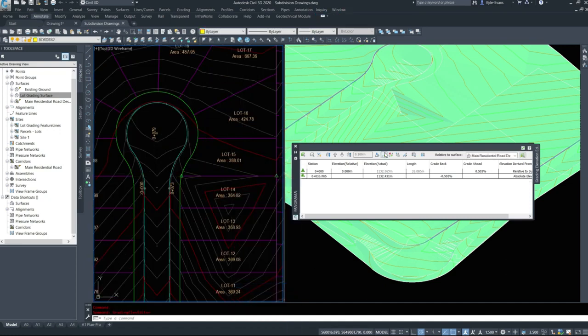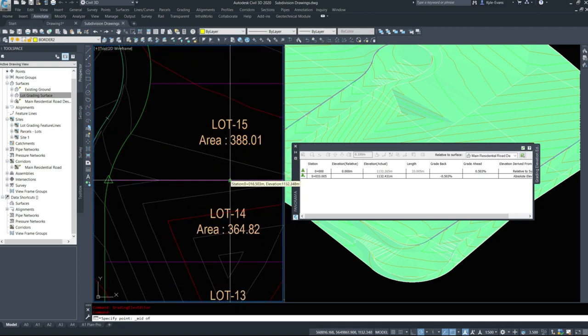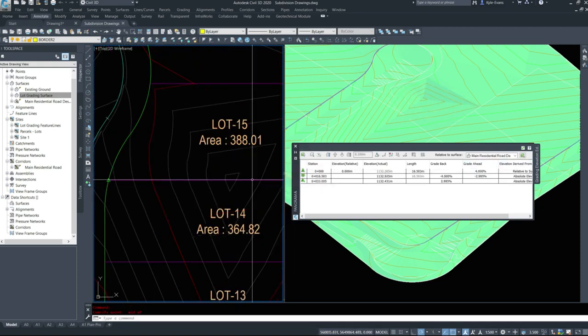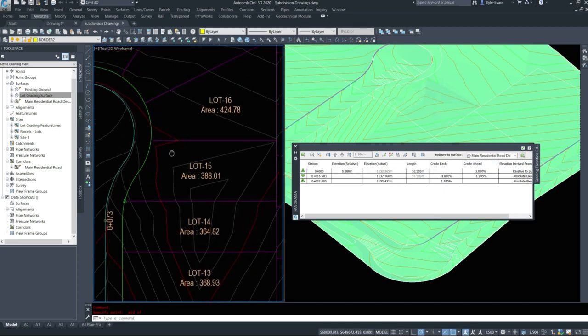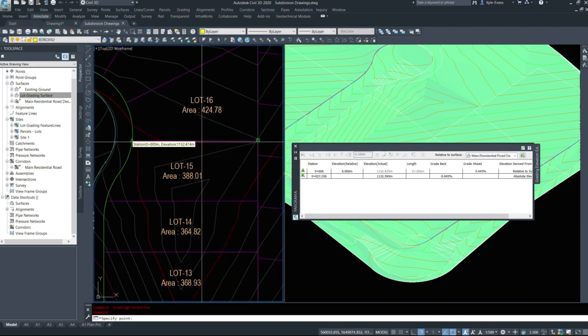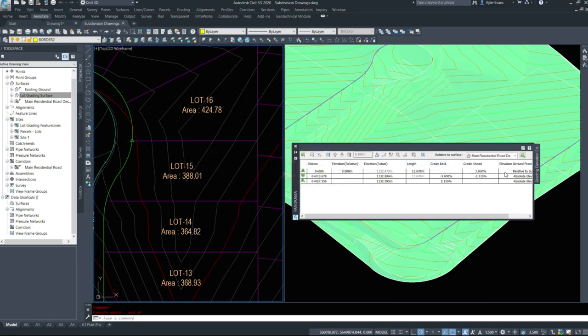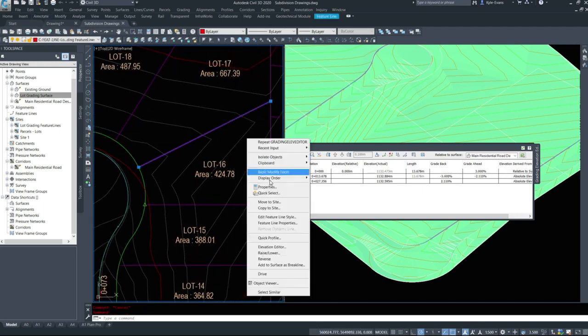If we go elevation, just keep doing them as long as we need to match our slope requirements. 4% up. This one can probably be 3% up. Elevation editor on the next one. Really, it's a lot of rinse and repeat. So if we go 3%, try that, -2 down. And finally, this one here,